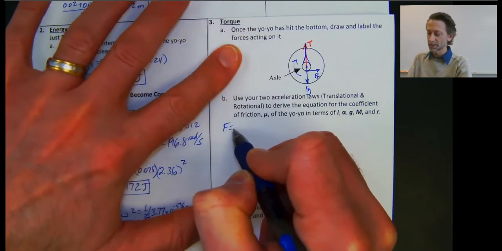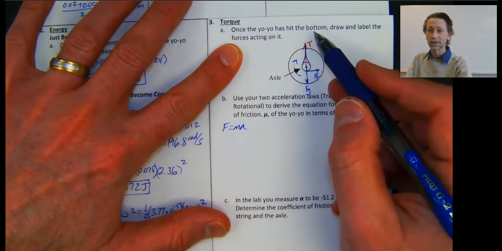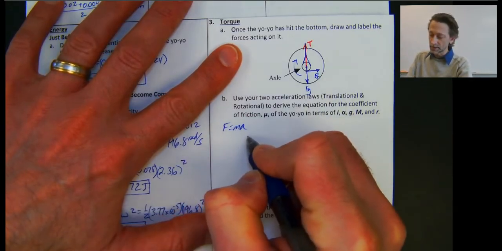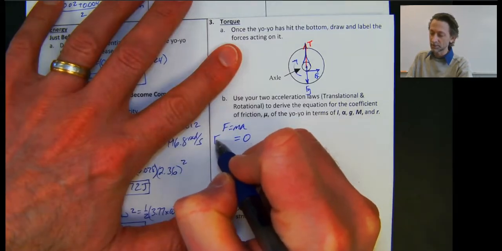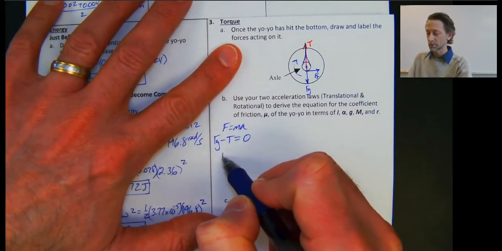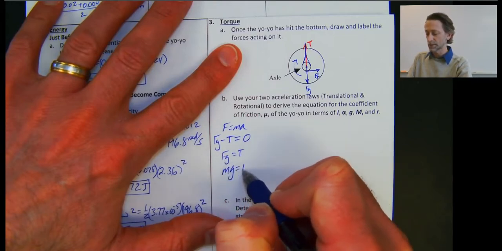We'll set that up as F equals ma. And is this moving linearly at all anymore? And the answer to that is no. It came all the way down, and now it's just standing at the bottom here, spinning at the bottom. So there is no acceleration, which means that I can say the force of gravity minus the tension is going to be equal to 0. So the force of gravity has to equal the tension, and that means the tension is going to be mass